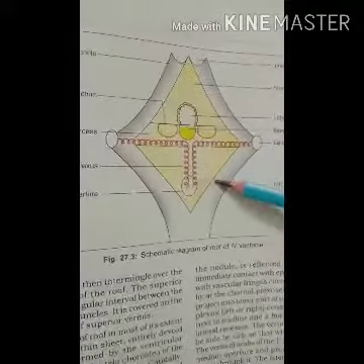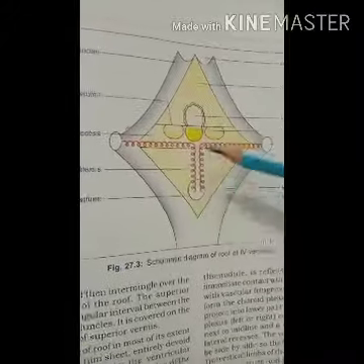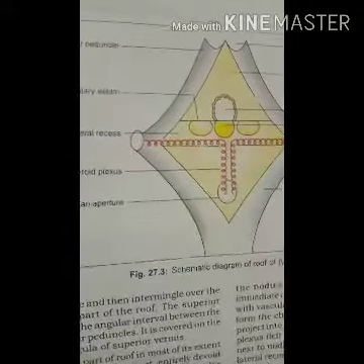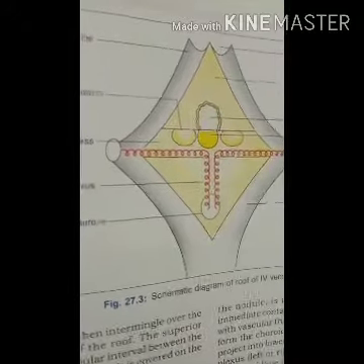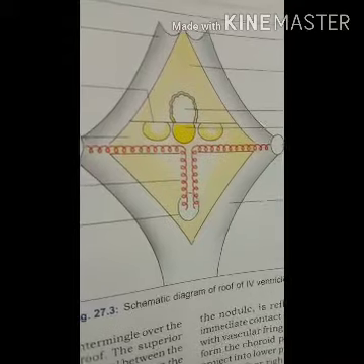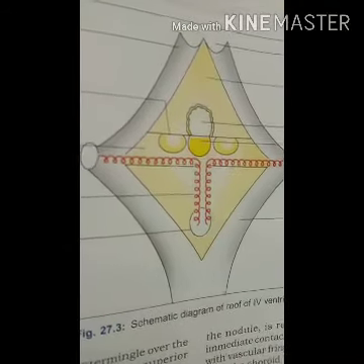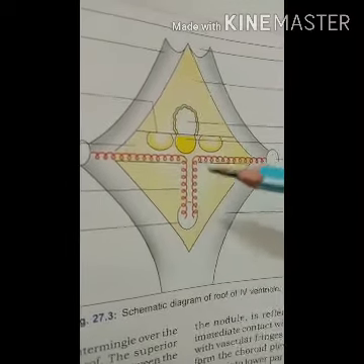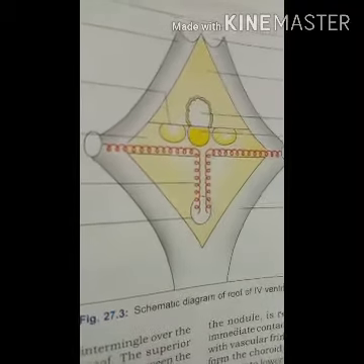Next is the tela choroidea of the fourth ventricle. It is a double layer of pia mater which occupies the interval between the cerebellum and the lower part of the ventricle, and its posterior layer provides the covering of pia mater to the inferior vermis, and it consists of the choroid plexus, which helps in the secretion of CSF.